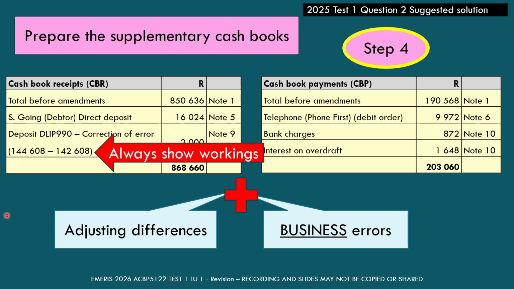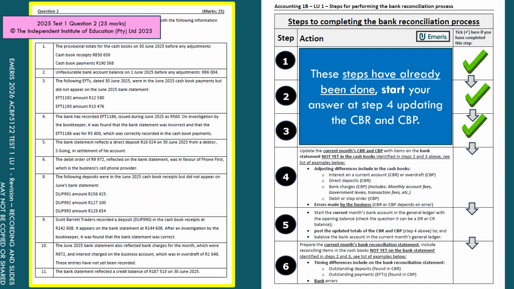And just a quick reminder, but I'm sure you all remember this from first semester, we're always going to make sure we are showing our workings when we've made a calculation. So that is what step number 4 looks like in a bank reconciliation question.